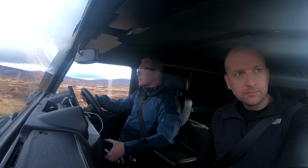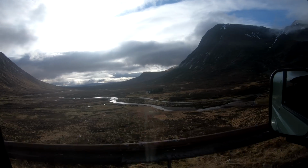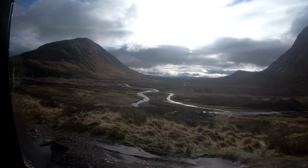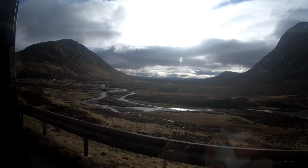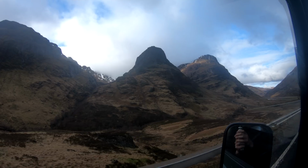Never fails to really impress, that view. It's an absolutely fantastic sight. Is it one of the best roads in Scotland? Well, could well be. Anyway, things were looking quite good. It was brightening up a wee bit. There'd been a bit of rain earlier in the day, and soon we could see our objective in Glencoe,